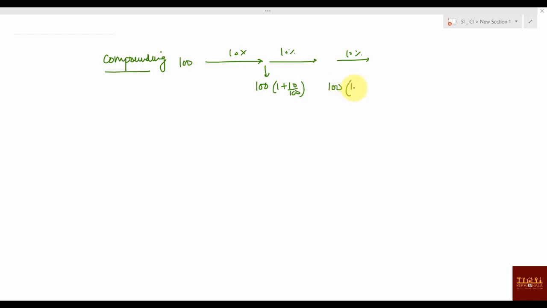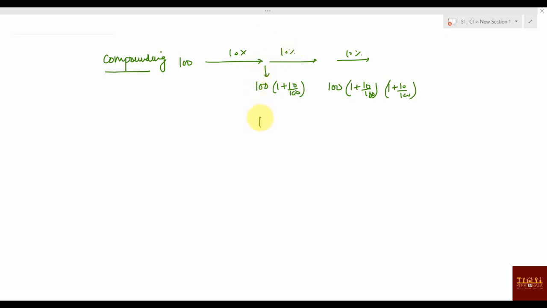So you already know about compounding, right? What is compounding? Successive increment, right? Suppose this is 10%, 10% and 10%. This is successive increment, right? So what do you actually write? Suppose 100 is there. What you write here is 110, or you can write 100 into 1 plus 10 by 100. And here again you will be writing 100 into 1 plus 10 by 100 into 1 plus 10 by 100.